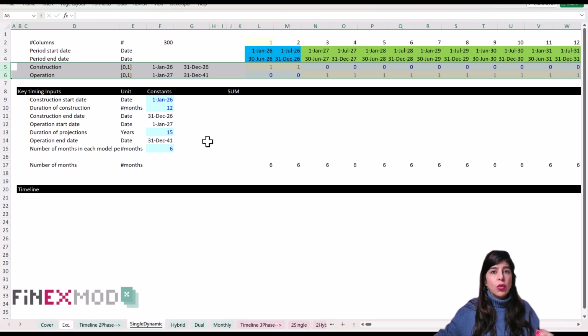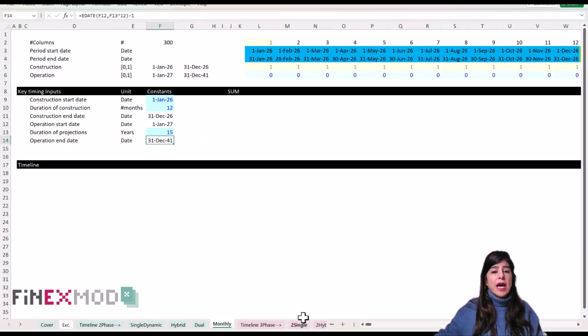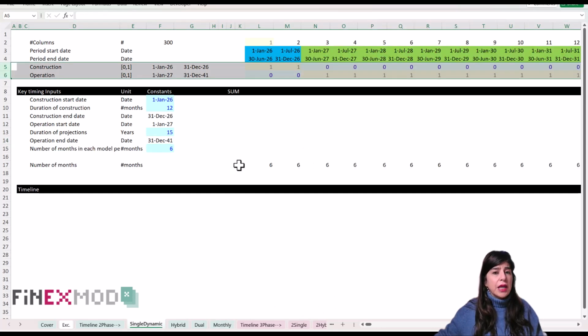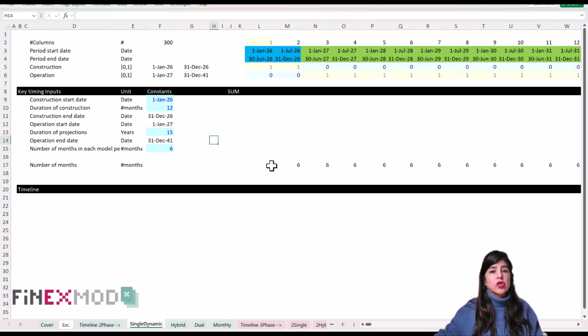Remember that the keyword is flexibility. You want to have the flexibility as much as possible. That's why I rather go with a monthly model throughout, which is going to give me a lot of flexibility. However, the single dynamic can also work for your project, but you want to make sure that you keep things dynamic and flexible. So these are the two keywords for building timelines,